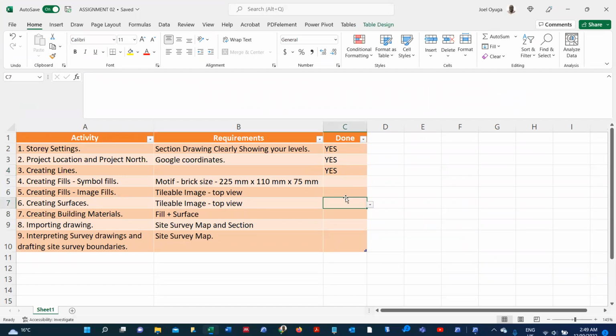The next one will be to create a symbol fill. Now, for the symbol, again, it is important for you to understand the material that you want to symbolize or represent. In my case, I will use a brick whose size is 225 by 110 by 75. This is a predominant brick size. It was the standard brick in Kenya. So based on that,